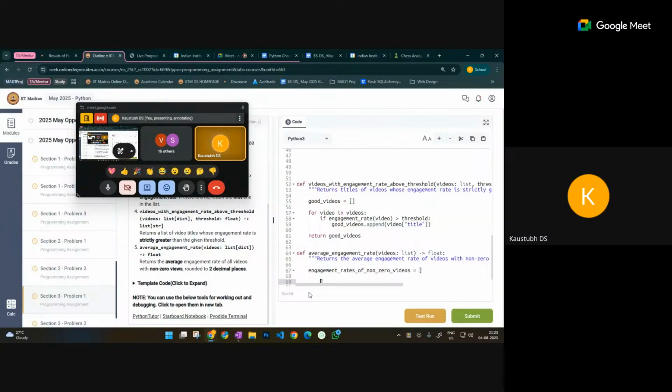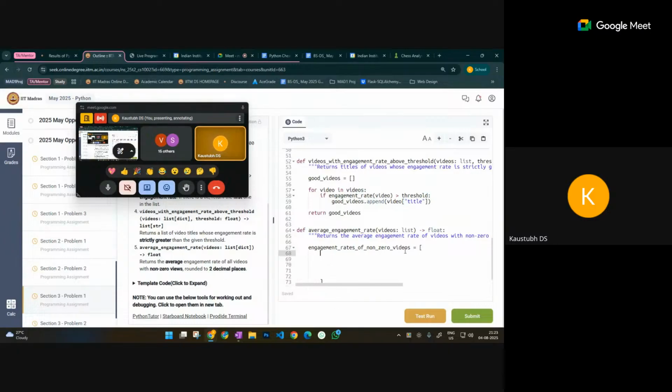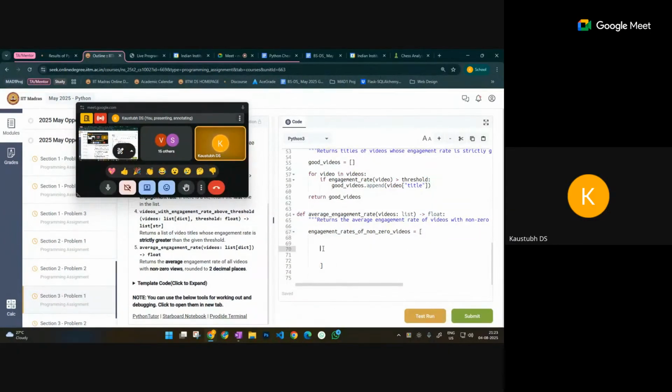Okay, this is a list comprehension. Okay, big brackets, list comprehension. This is a list, and inside the comprehension, I'll write the following code. So we need the engagement rates, right? We need all the engagement rates. So engagement underscore rate of video